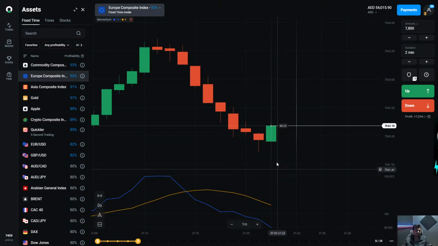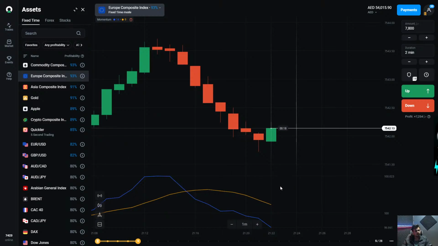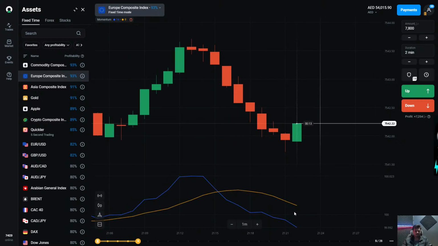Because as you can see, it's trying to move upward here. Now it doesn't try to come back to the downward as from the last 1, 2, 3, 4, 5, 6, 7, 8, 9 minutes it's just moving to the downward. Here it's trying to move upward, but it can come back again to the downward because both lines of the momentums are moving to the downward, but this blue line is still movable in the upward direction. That's why we have to wait for some seconds.